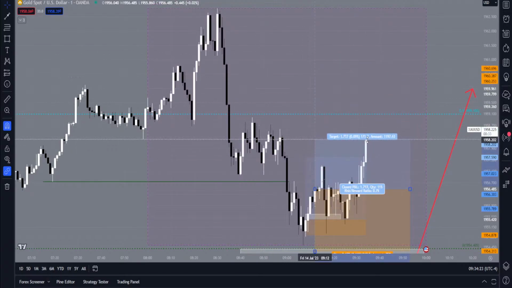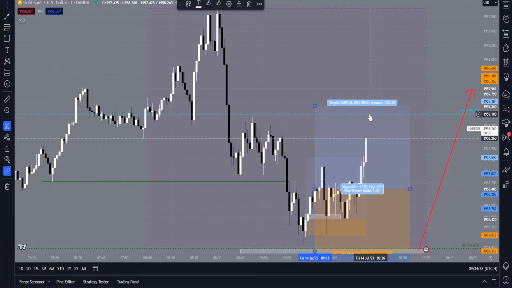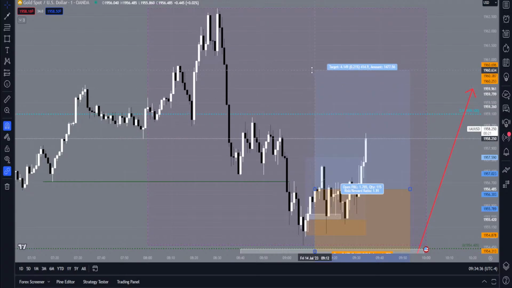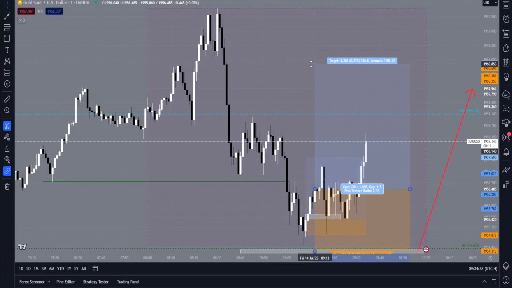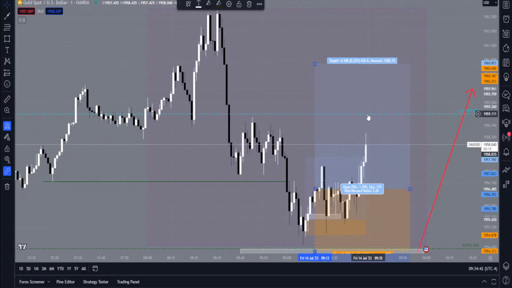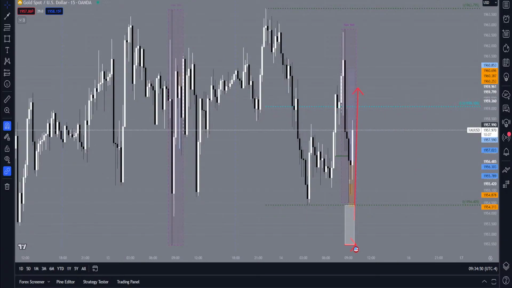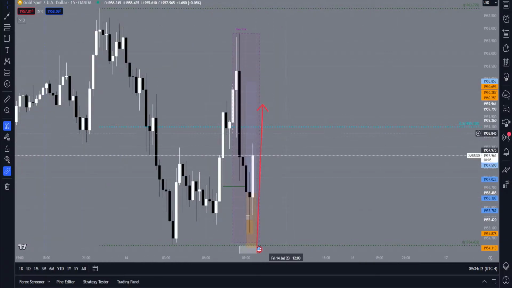Let's see, maybe once we get 1R, we move to break even. Actually, once it reaches here, I'll probably move to break even, okay? That way the trade is risk free. So once it gets to 1.2R, and then I'll stop the stream, because regardless of what happens, then it's a free trade, right? If it gets up here. What's it look like on the 15 minutes? So far, so good.